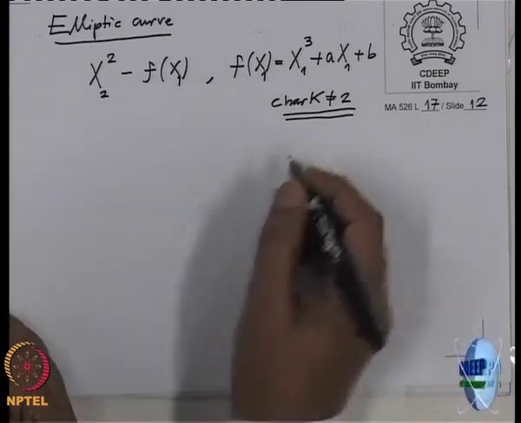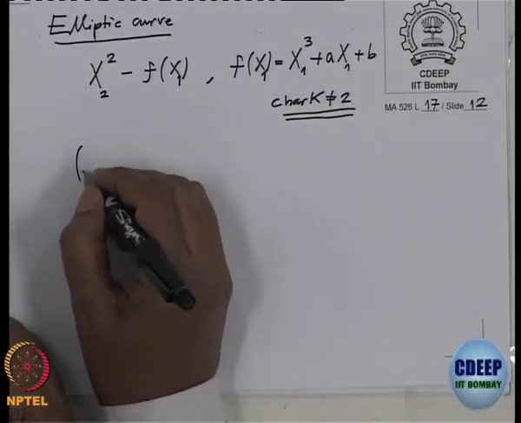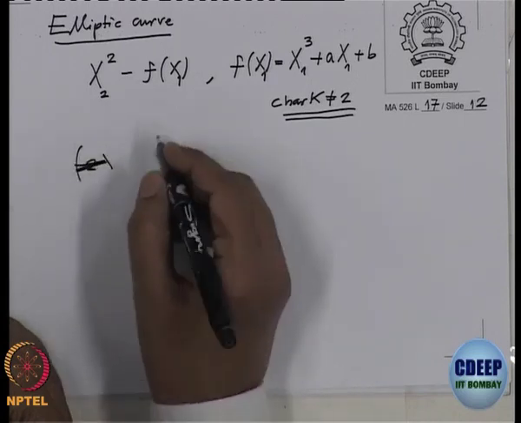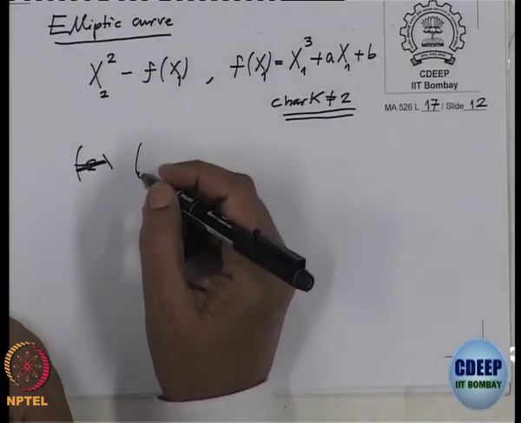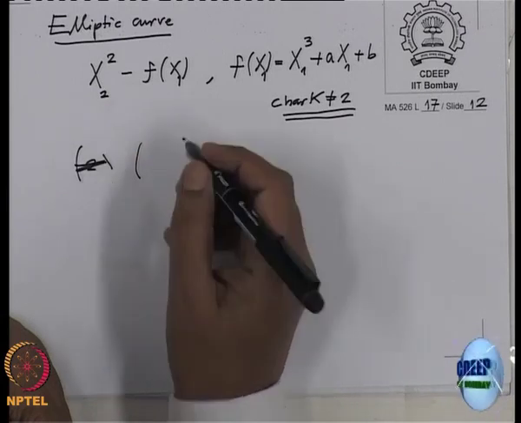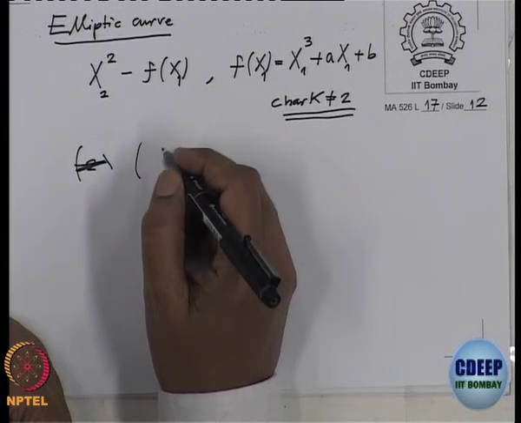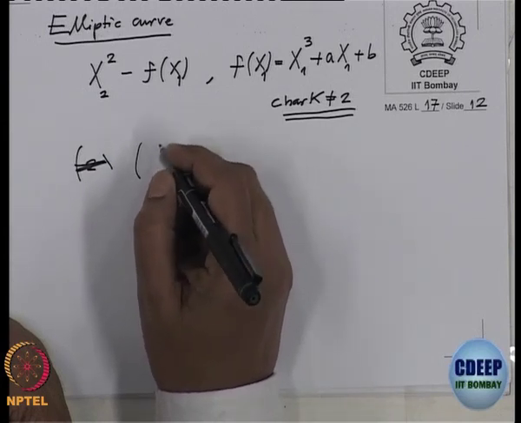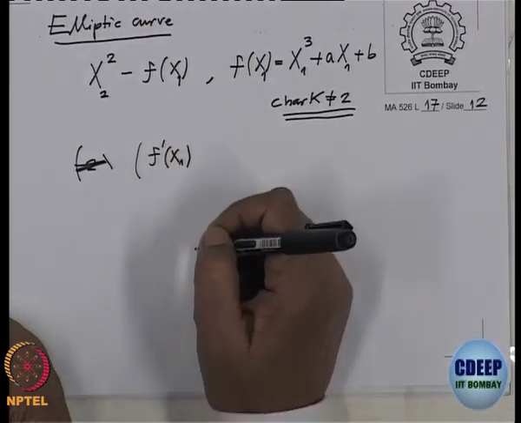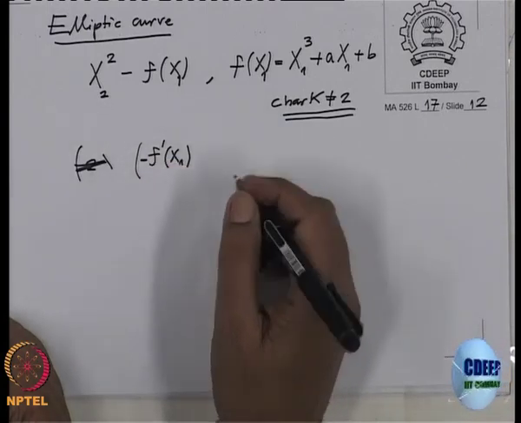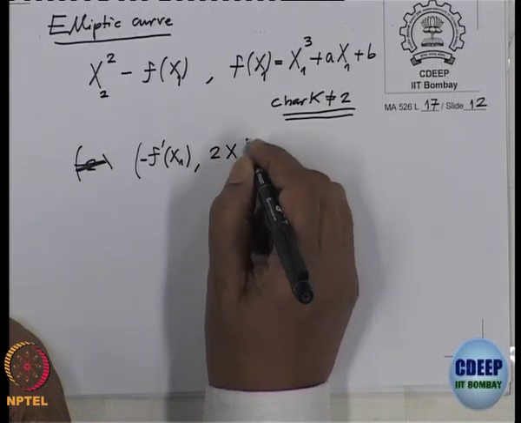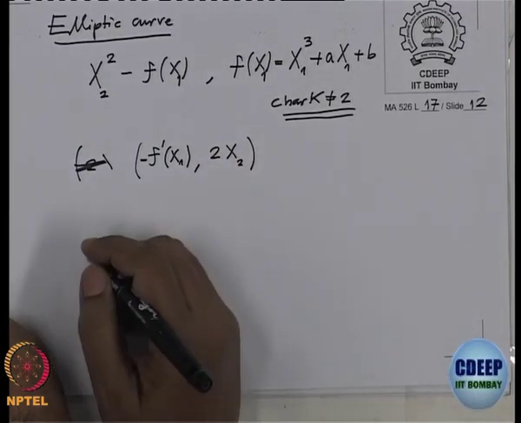Okay. So, what is the Jacobian matrix here? Jacobian matrix is differentiating with respect to the first one, x1, right. So, that is f prime at x1, minus, and the second coordinate is 2x2. This is the Jacobian matrix, and we are now